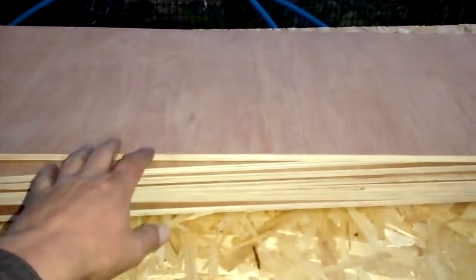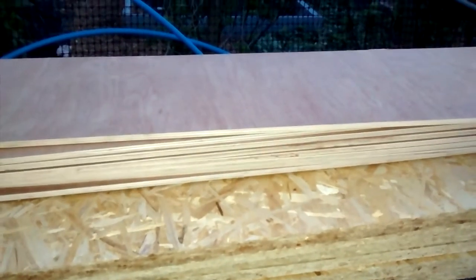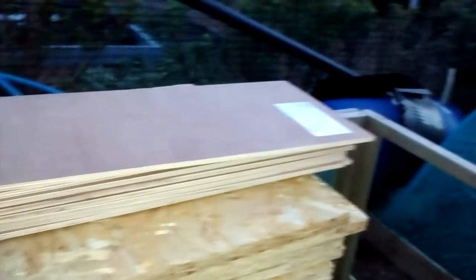As is potentially the OSB that I've got left. I must have bought far too much OSB, if you can look there. These are going to be for the soffits, and so are these. These are the long lengths, about 8 feet lengths, these ones, of 9mm, and I believe 4 of the 9mm, 4 foot lengths, because they didn't have enough of this, basically. And these are cut to 1 foot,